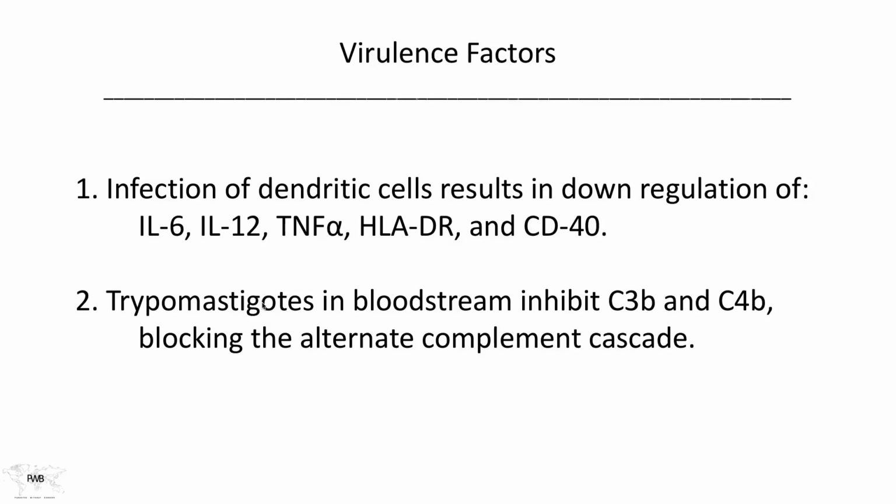Trypanosomes in the bloodstream also inhibit components of the cascade for complement formation. So they're unable to be killed by antibody and complement, and as a result of that, they're able to evade